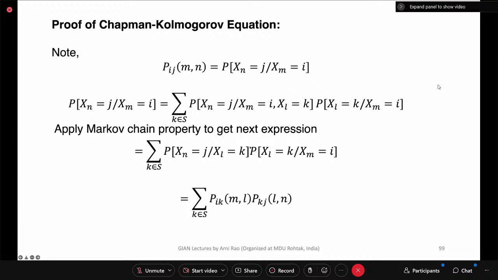we can apply the same property here, because K is changing. As I explained yesterday, K is arbitrary: I to J through K, and K could be any of the states. That's why we need to sum up over all the states, K belonging to S. Then this is the probability I to K, K to J. It is the same thing as the theorem, the result in the previous slide. So applying that, we get the